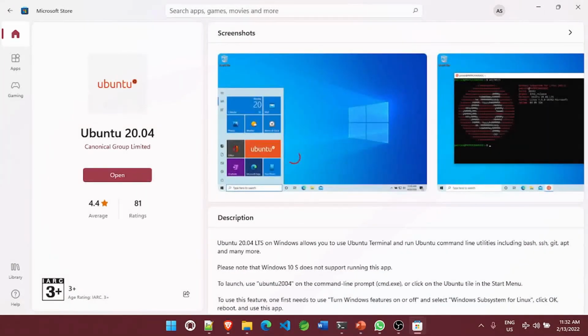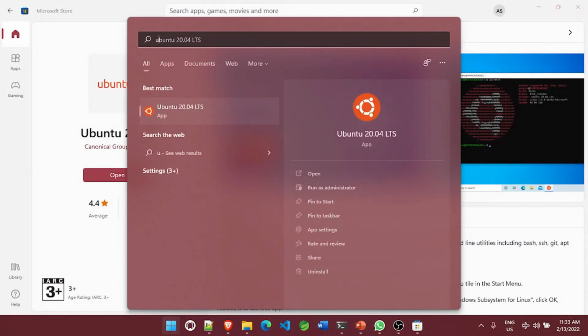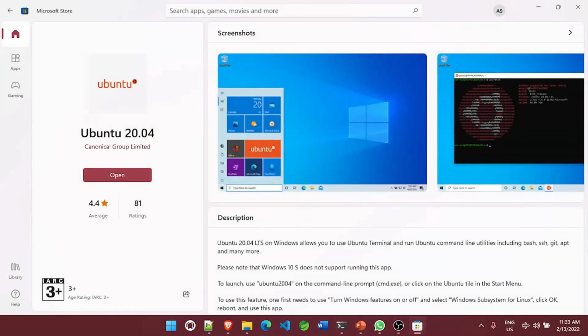So if I click on it, it will load that specific page, and here you will be able to see option to get or install. As I have already installed, so I am getting option for opening this application. Once the installation is done, you can launch the application either from here also or in the start button itself. You just need to search the application and you will be able to see an entry there. So if you launch it, it will open the application in Windows Terminal,